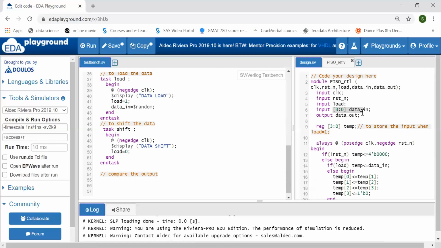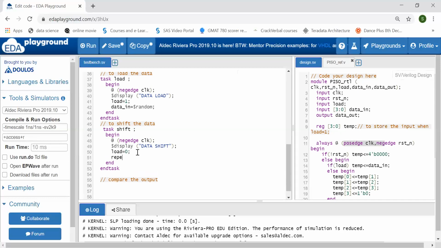If in between the 4 clock pulses I am loading some other data, then whatever data is there will be lost. I need proper time to shift my data properly. So here I'll be giving a 4 clock pulse delay, and 4 clock pulses means 4 positive edges of clock. After 4 positive edges of clock, I can again change my input data. If before that I change the data, my data will be lost. So here I have to give a 4 positive edge clock delay.